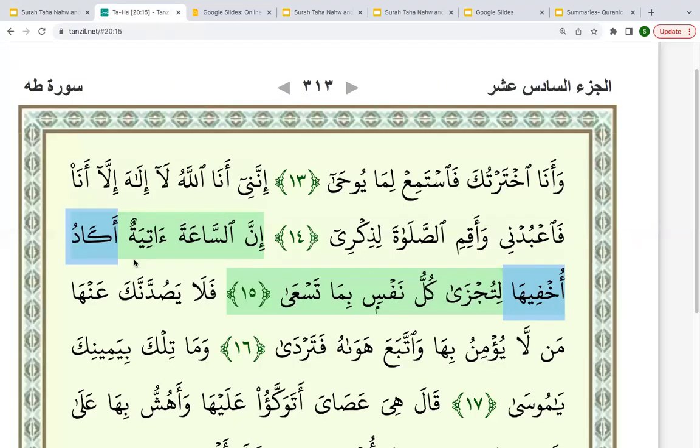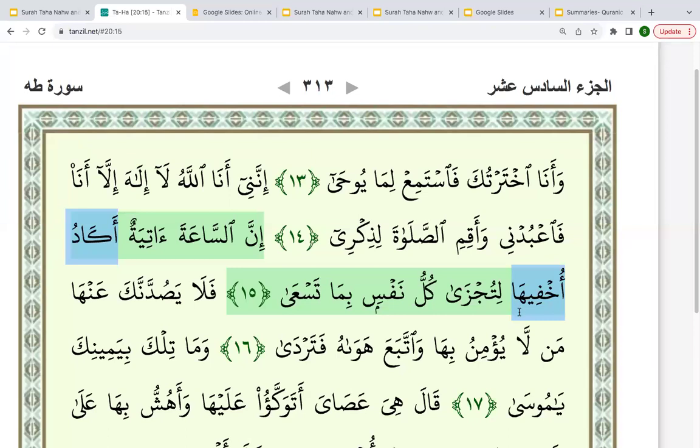So if you want me to repeat the question, I was asking, akadu ukhfiha, the sentence that is right after this main sentence, inna sa'ata atiyatun, what were the 4 ways we have labeled this sentence as? So this is treated as jumla ismiya because akadu also is a fi'l that is very much like kana wa akhwatuha. It is from af'alul muqaraba. It also does not have an action, and sometimes it will have an action as well. It can act like fi'l tam, but here it is acting like fi'l naqis.